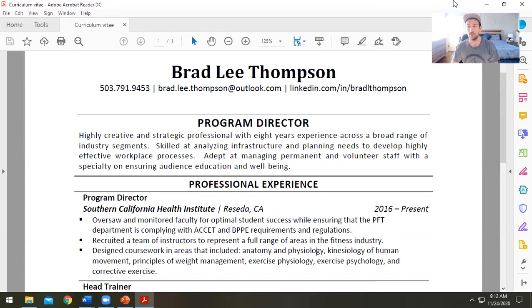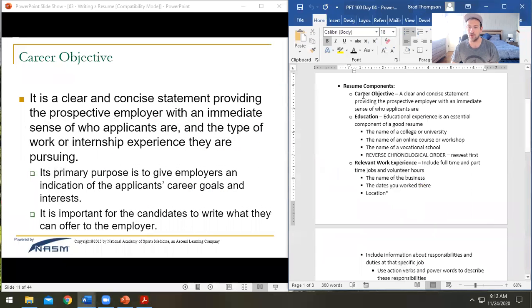And not to mention that everybody says you should do a career objective. So if you're like me, you may be tempted to skip this. I don't recommend it. He's really won me over, and it's actually one of my favorite parts of reading resumes now. But what a career objective is, is a clear and concise statement providing this prospective employer with a sense of who you are. This is a chance to get your voice out there and the type of work experience that you might be pursuing. This is where you get to talk about what you might be passionate about, which always shines through,